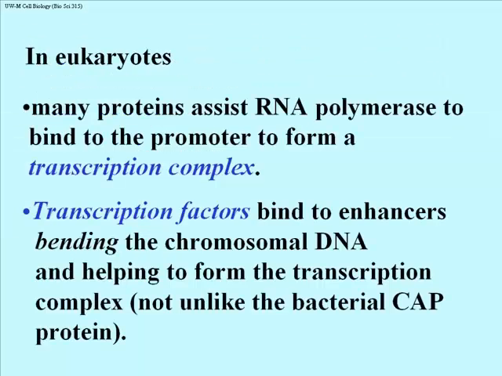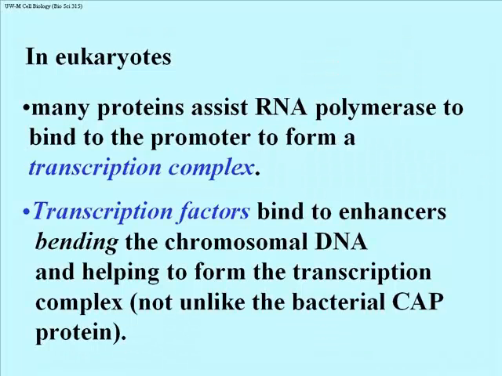To get RNA polymerase itself to bind to the promoter and form the transcription complex requires several different proteins by itself. These are sometimes referred to as promoter proximal regulatory proteins. Transcription factors that bind to enhancers, look what they do. They actually result in bending the DNA, or bending chromosomes actually, because at this point they're not naked DNA, they may be loose, euchromatic DNA, but they're still associated with lots of chromatin proteins. So what happens is you bend the chromosomal DNA, or the chromatin DNA.